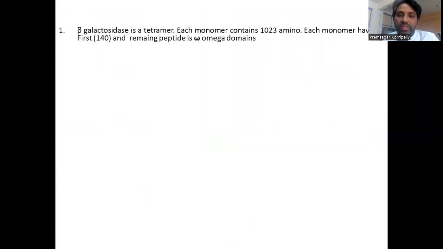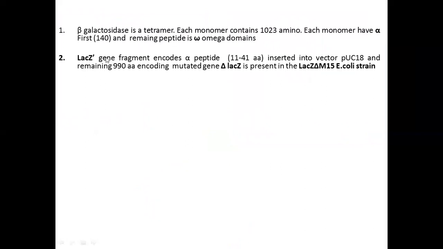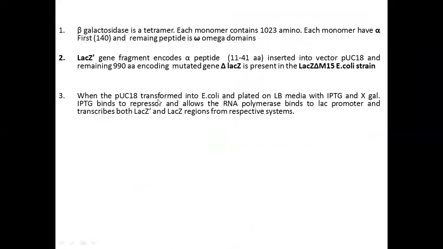If you go by chronological order in a text format, you can see beta galactosidase is a tetramer. Each monomer contains 1023 amino acids. Each monomer has alpha and omega domains. The lacZ prime gene fragment encodes an alpha peptide inserted into the vector pUC18, and the remaining 990 amino acid encoding mutated gene is present in the E. coli strain. When pUC18 is transformed into E. coli